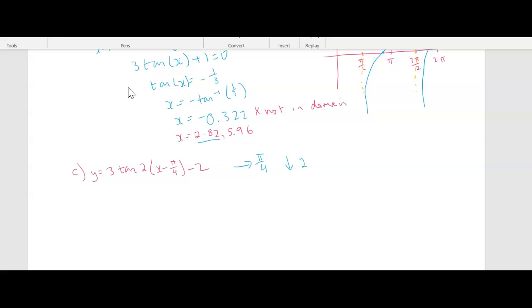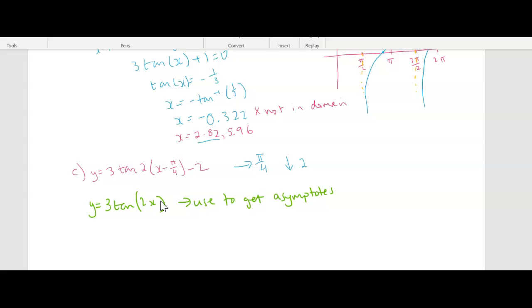Now we can sketch it on the calculator, but I'm going to do it by hand. So we've got y equals 3 tan 2x. I'm just going to deal with that one without the transformations first, just to get our asymptotes. The minus 2 doesn't make any difference to your asymptote, so we're just going to look at 3 tan 2x. The 2 does make a difference to your